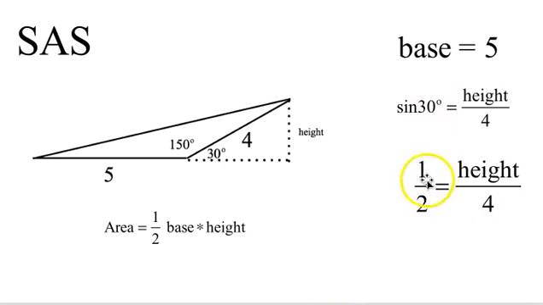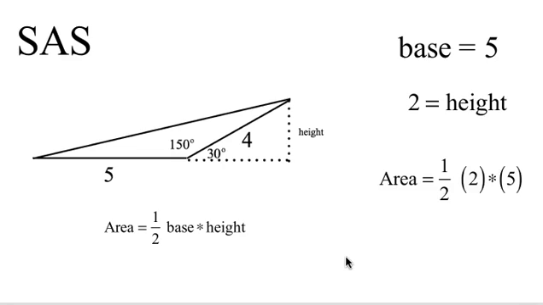Sine of 30 degrees is, of course, half. So 1/2 is height divided by 4. If I multiply both sides by 4, I get 2 is the height. Well, we want to find the area of this triangle, the SAS triangle. 1/2 base times height, 1/2 times 5 times 2,